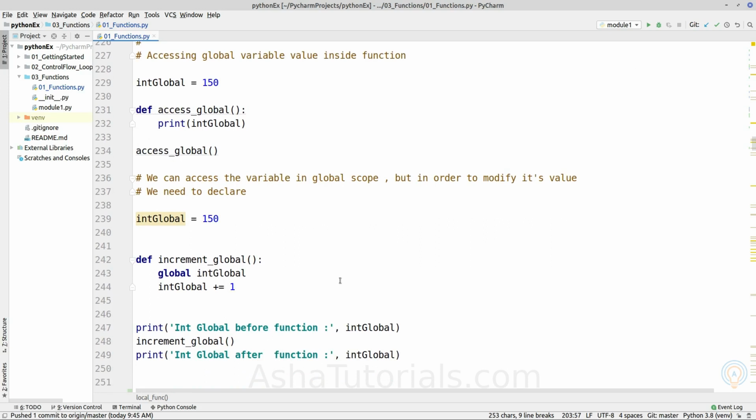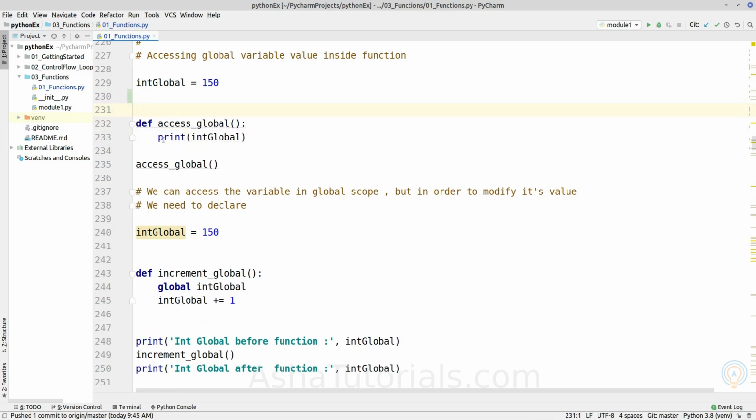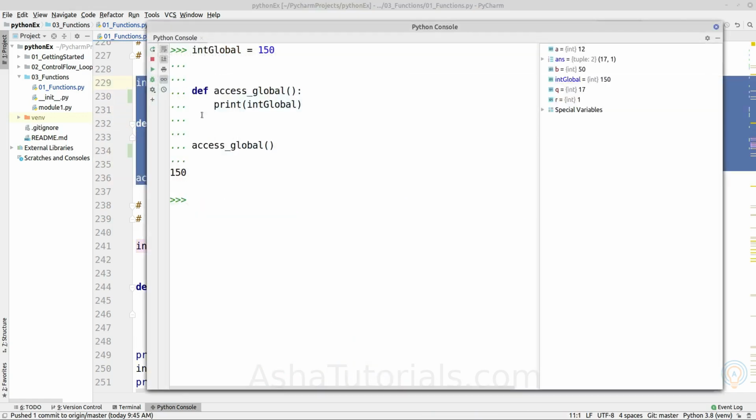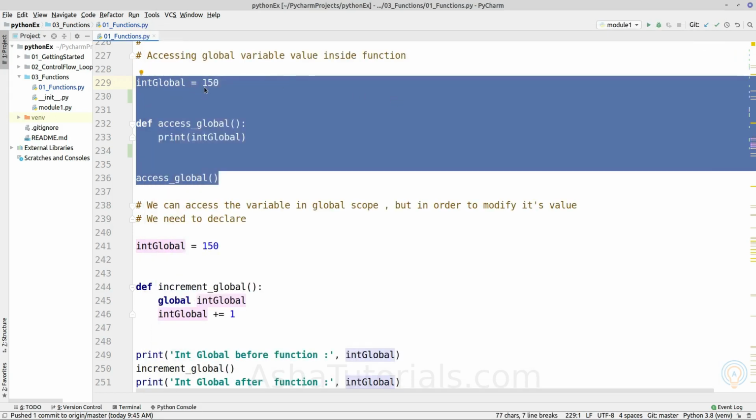Now we will take a look at accessing and modifying a global variable. As we saw earlier, a global variable or any built-in function such as print is accessible inside the local scope of a particular function. If we access the variable inside the function, it will print its value. But if we try to modify its value, that is not allowed inside the function.